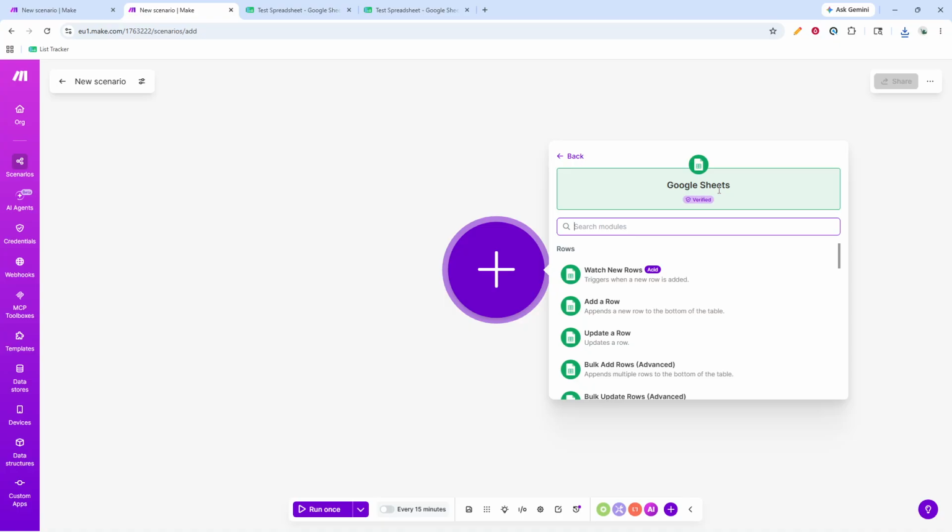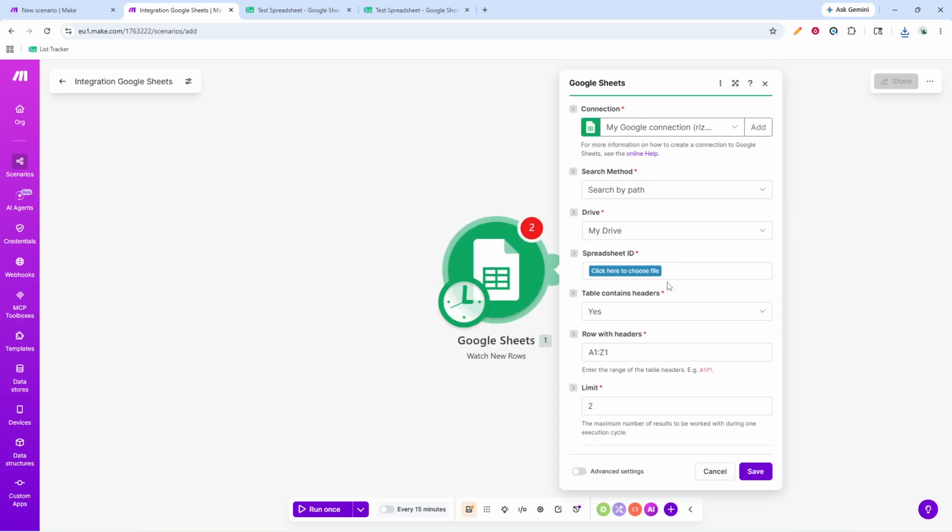Now choose what you want Google Sheets to do. For this walkthrough, select an action like Watch New Rows. That means Make.com will monitor a specific sheet and react whenever a new row appears. If your use case is different, you can pick another Google Sheets action, but Watch New Rows is perfect for